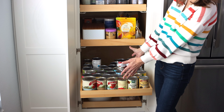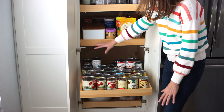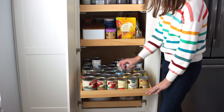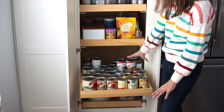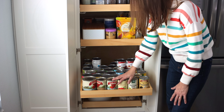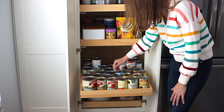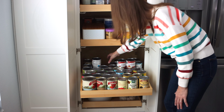All of my canned goods are right here. On this side, I have the majority of our vegetables and other savory things. And on this side is more sweet things. I have tomato products right here. We use lots of tomato products. Corn, peas, beans, chickpeas, tuna fish,